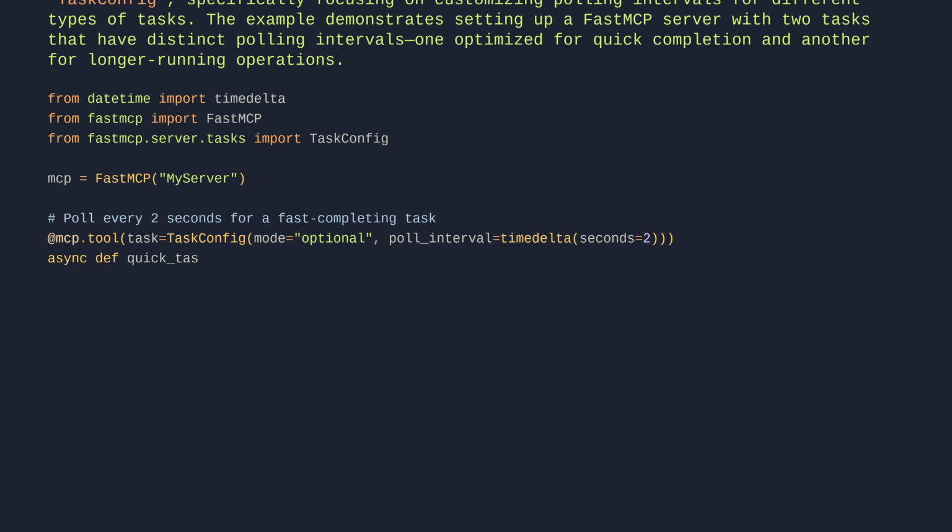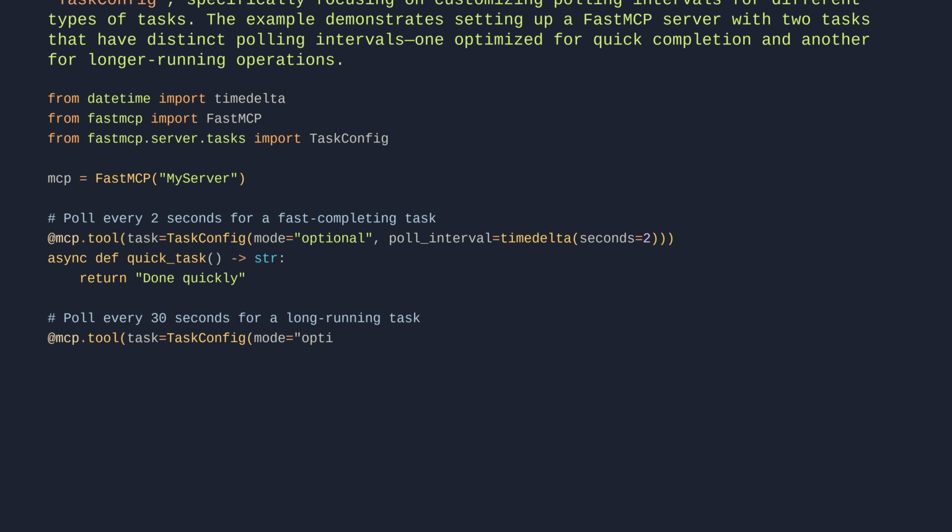async def quick_task() -> str: return "done quickly". # Poll every 30 seconds for a long-running task. @mcp.tool(task=TaskConfig(mode="optional", poll_interval=timedelta(seconds=30))) async def slow_task() -> str: return "eventually done"